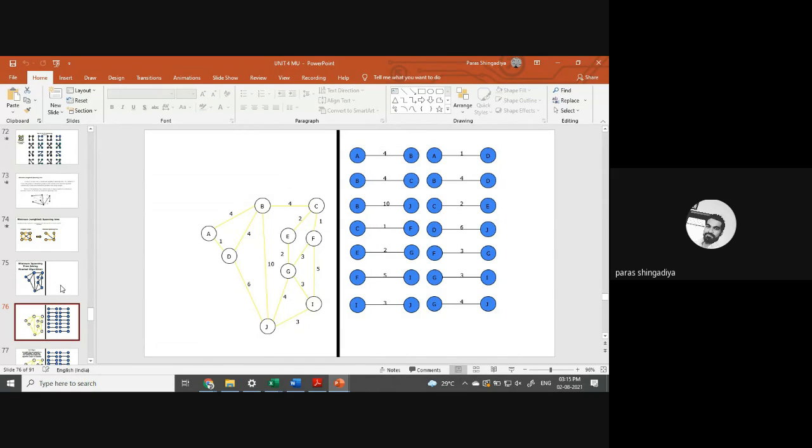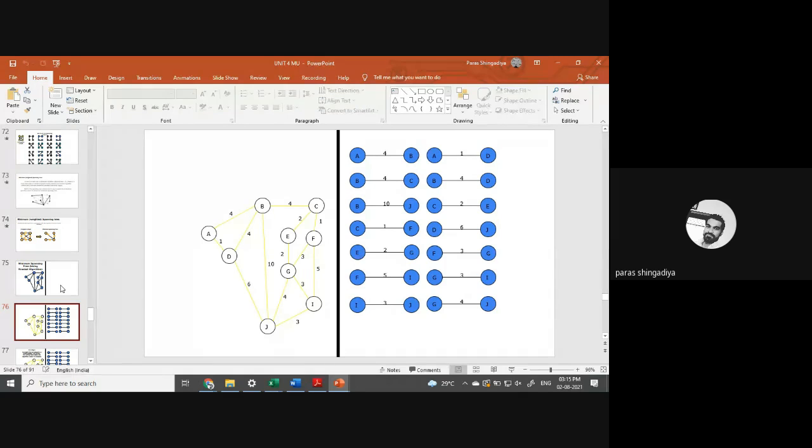First step, you have to make a list of all the edges. That you already mentioned in the graph. Here you have to make a list. The weight between A to B is 4. Then A to D, that is weight 1. D to J weighs 6. E to C, E to F. Clear? All the edges mentioned in the graph.